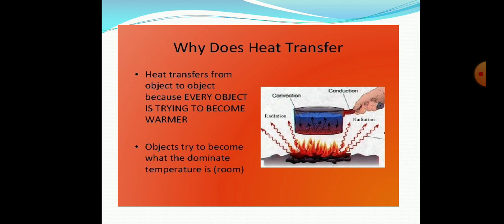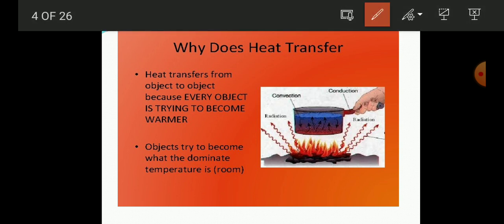The next question that arises in our mind is why does the heat transfer, why is it happening? Let's find out the answer to this question. Here, students, in this image you can see three different words are written. The first is conduction, then radiation, and the third one is convection. That is important, and we will learn in detail in this chapter. So here let us find out our answer, why the heat is transferring.